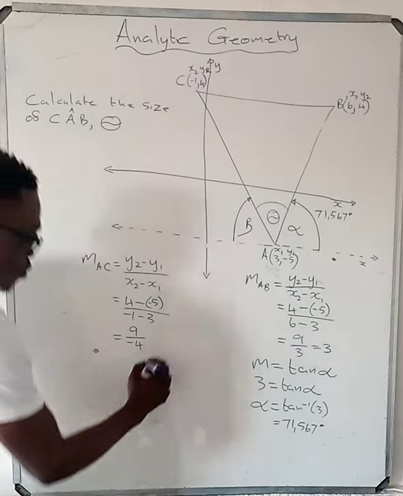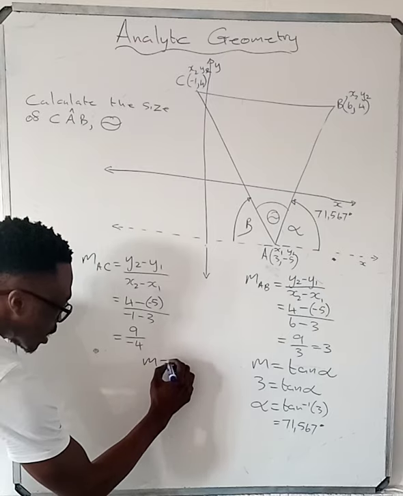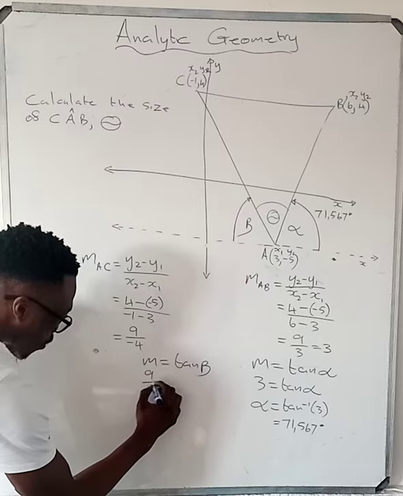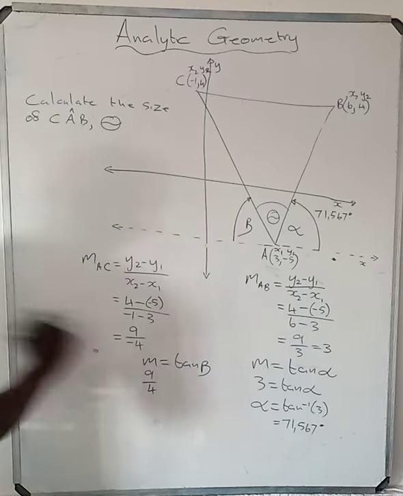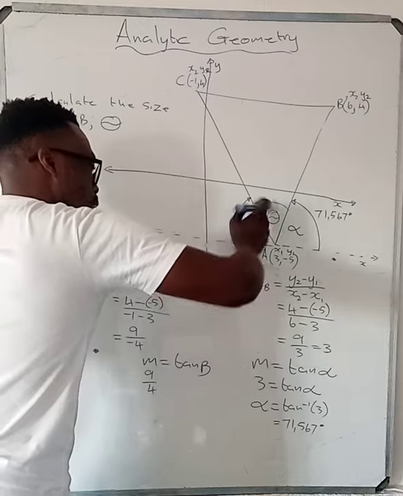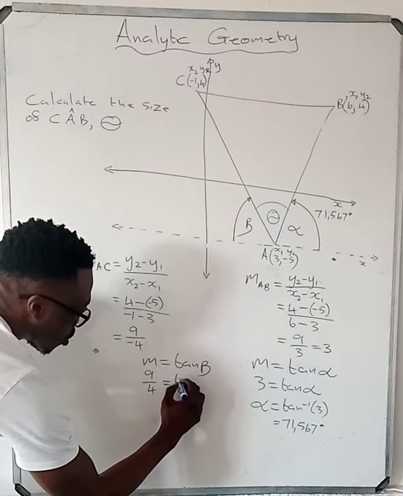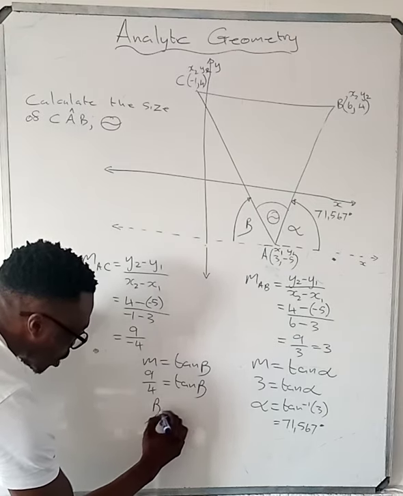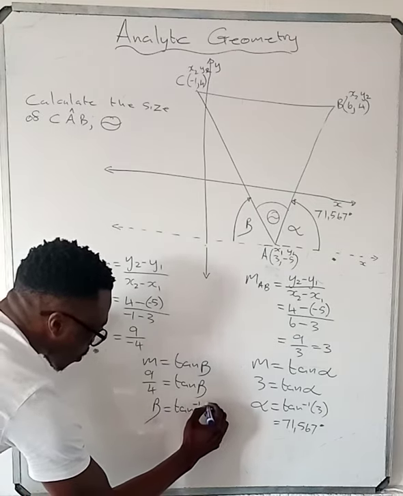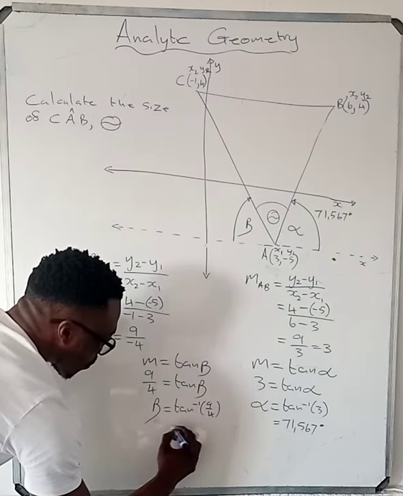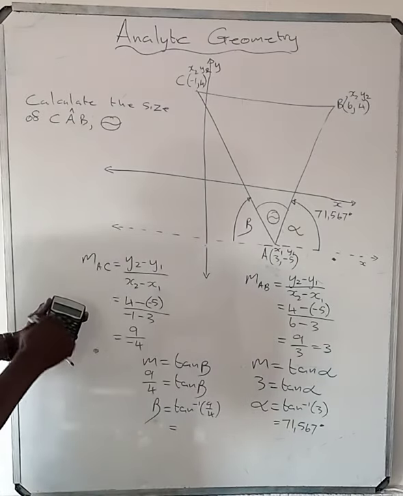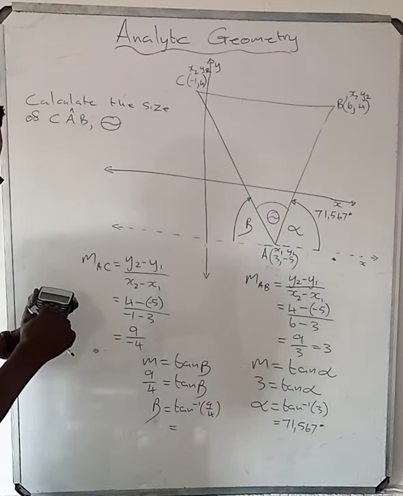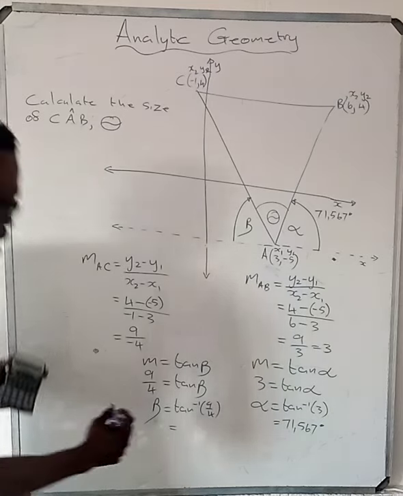Senza the same thing nalapha sifuna u-beta, which is out. Gradient is equal to tan beta, which is 9 over 4. According to la negative, because la negative just has a by clockwise. So tan beta, and that was over the same thing. Beta way2 is equal to tan inverse 9 over 4. Pin your calculator. Pin shift or second function tan 9 over 4. Close brackets,